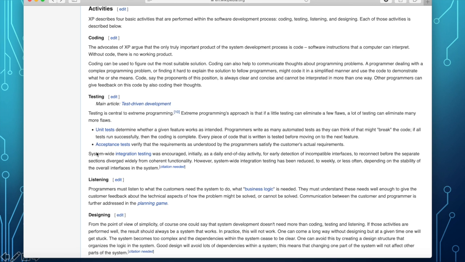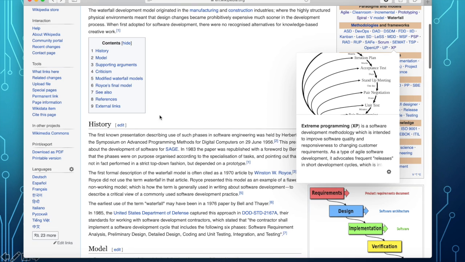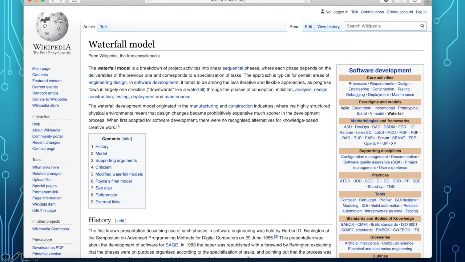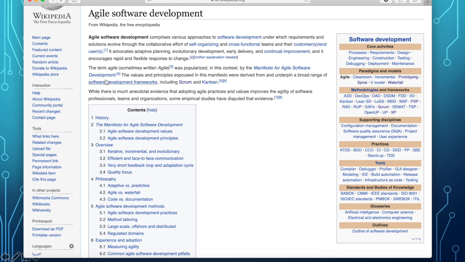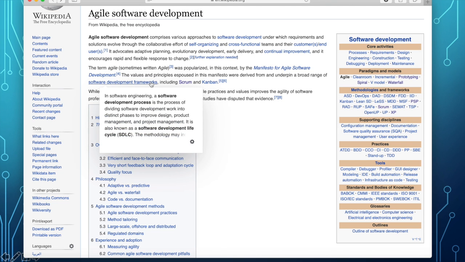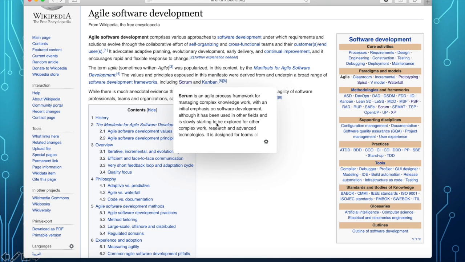Okay, so there are other agile software developments out there. It's up to you to adapt one.